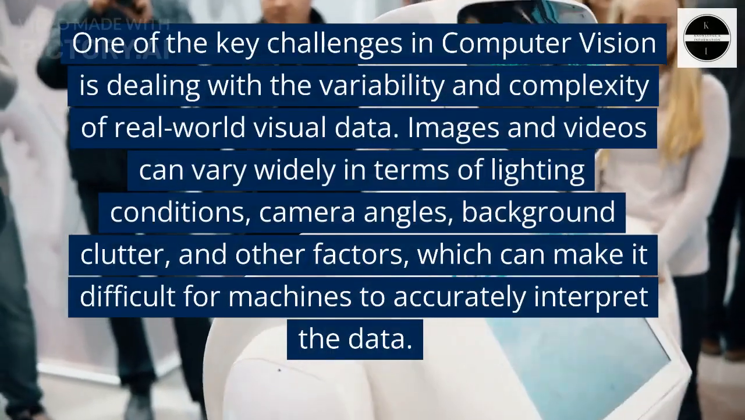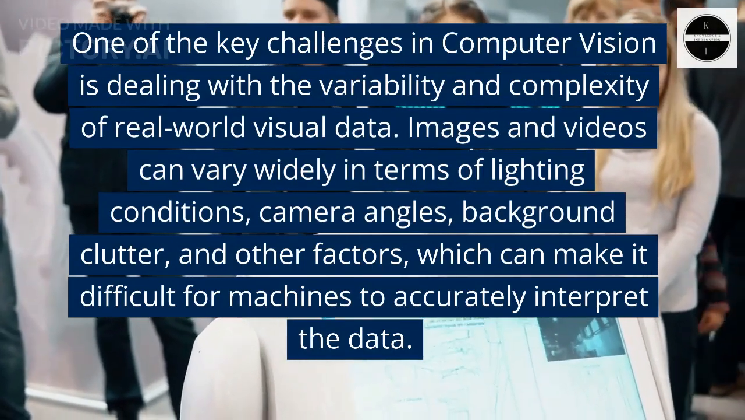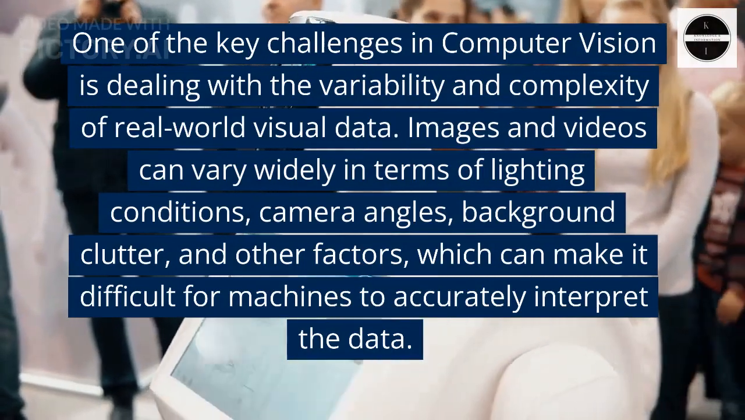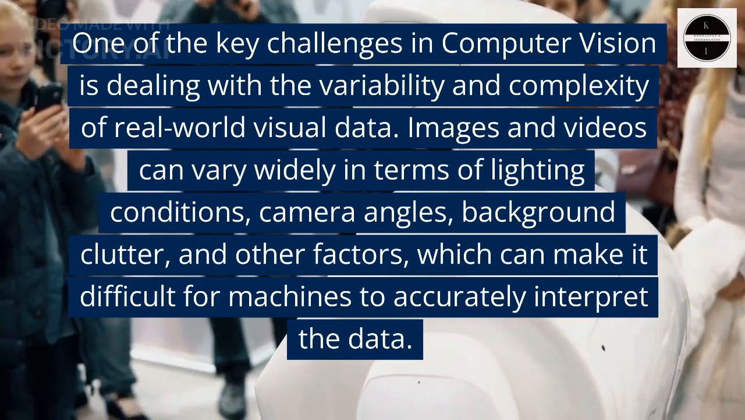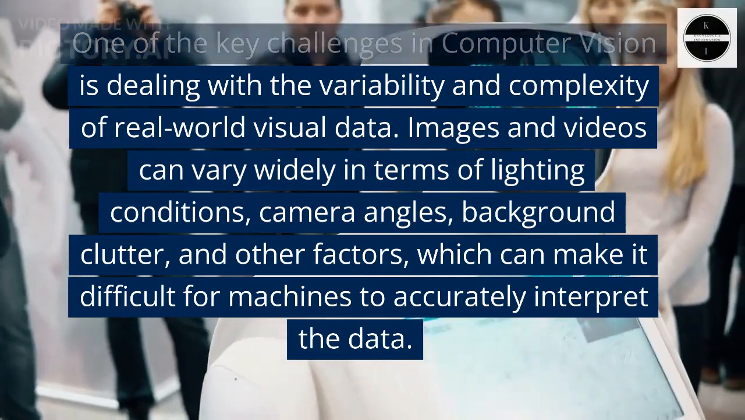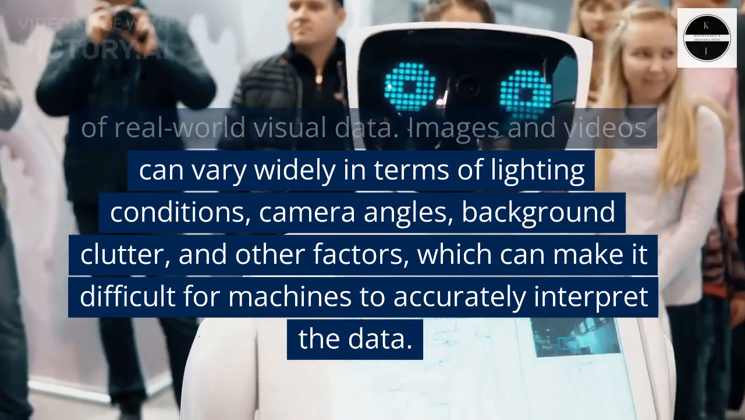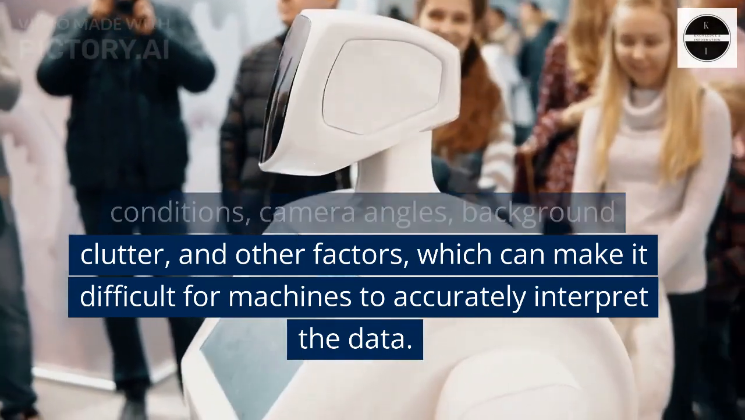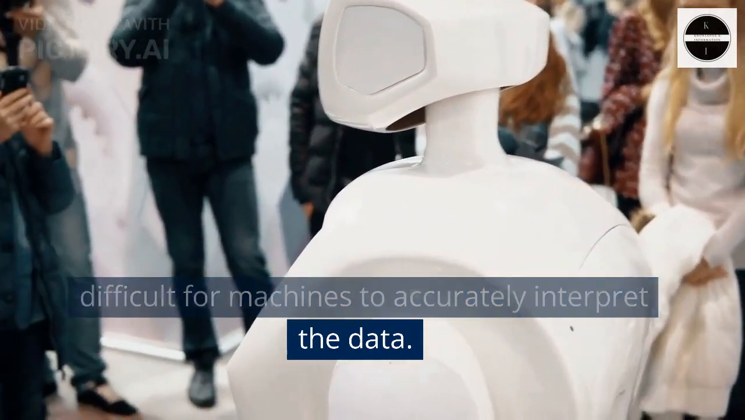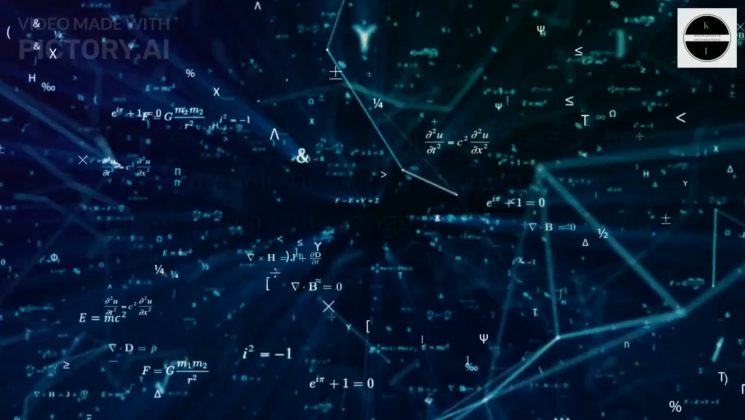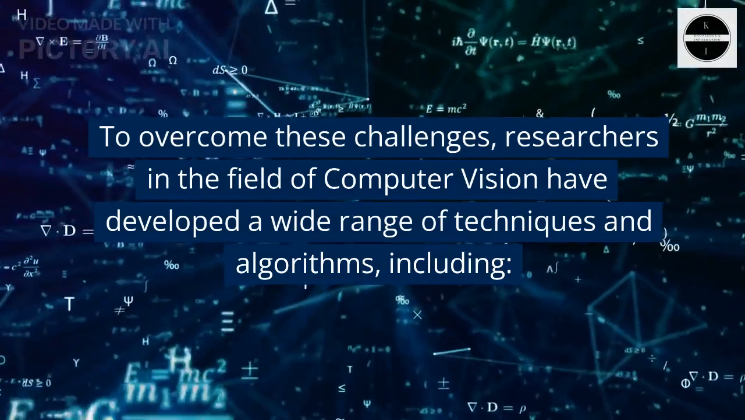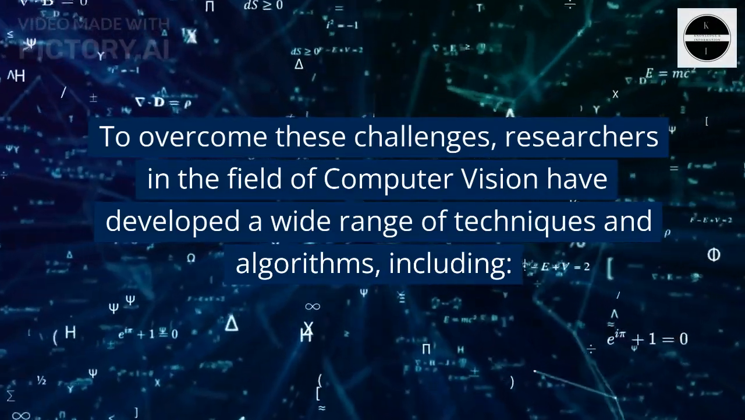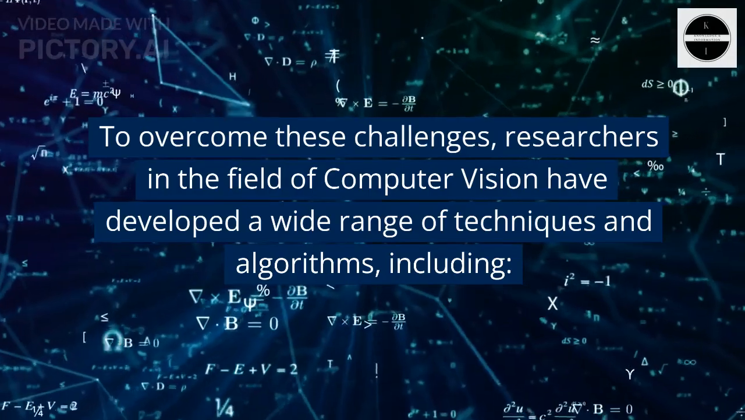One of the key challenges in computer vision is dealing with the variability and complexity of real-world visual data. Images and videos can vary widely in terms of lighting conditions, camera angles, background clutter, and other factors, which can make it difficult for machines to accurately interpret the data. To overcome these challenges, researchers in the field of computer vision have developed a wide range of techniques and algorithms, including: